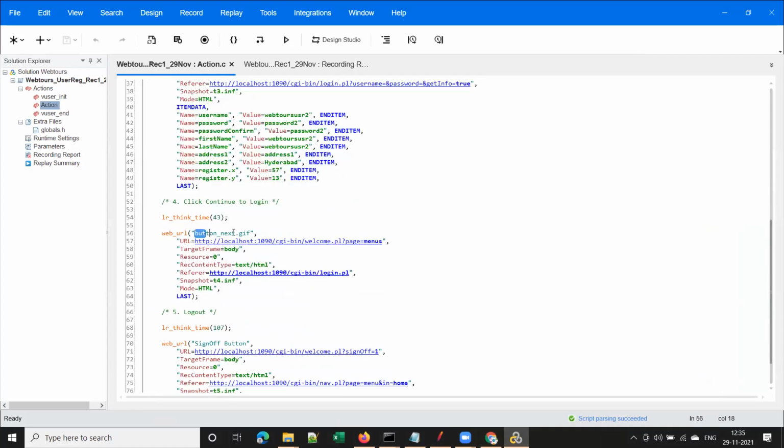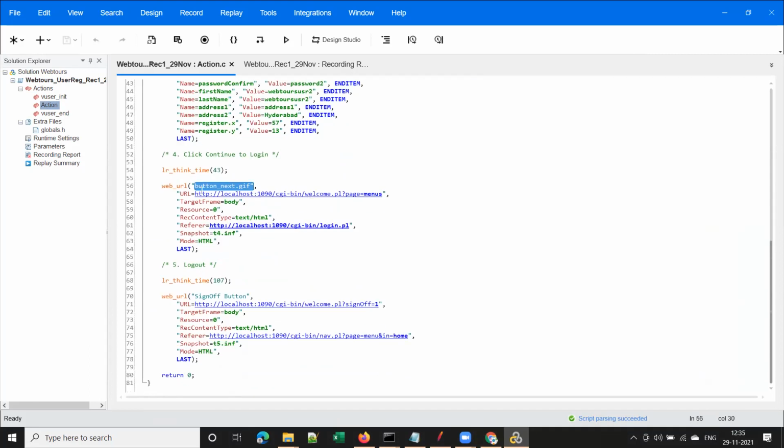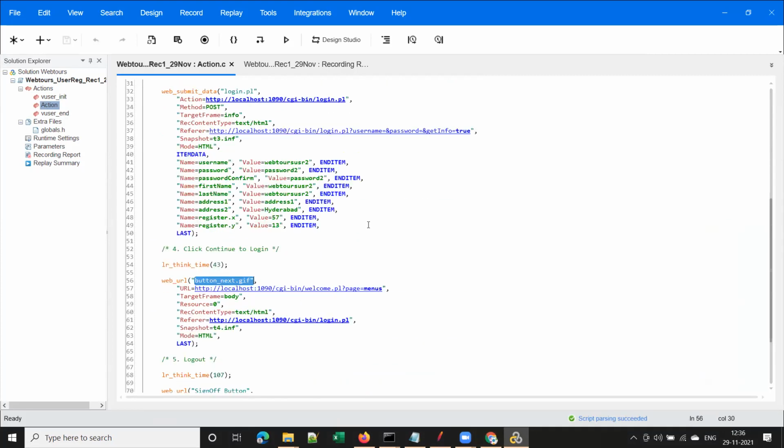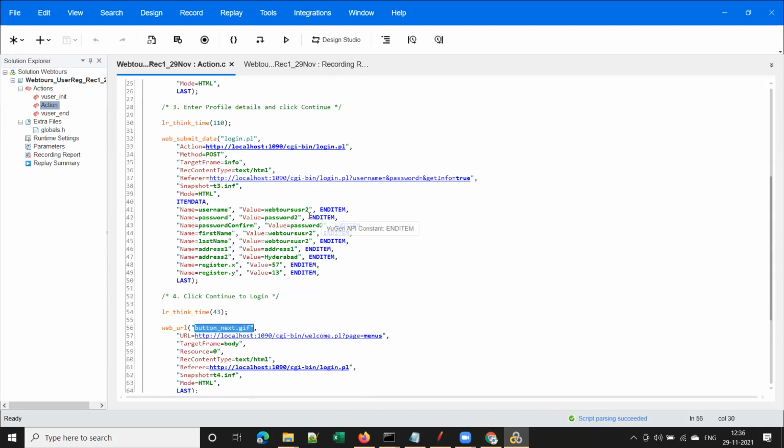And once you click on continue, you will be able to log into the application, and then we logged out. You understood, right? What are these? These are nothing but web HTTP requests that you send from the browser to the server. Agree with me? HTTP requests that are sent from browser to server.